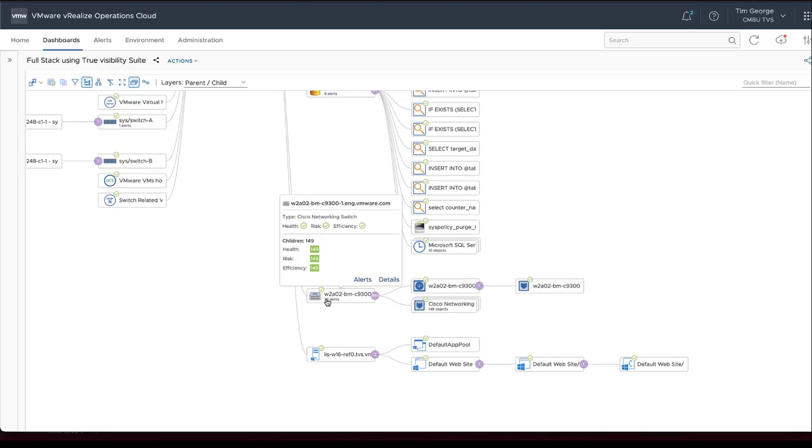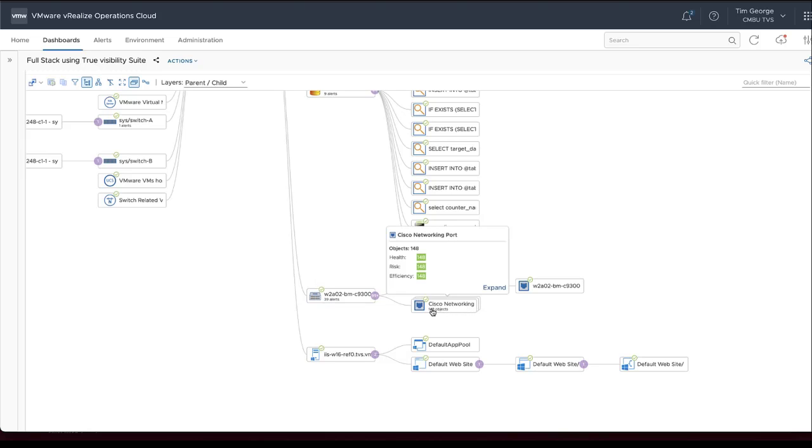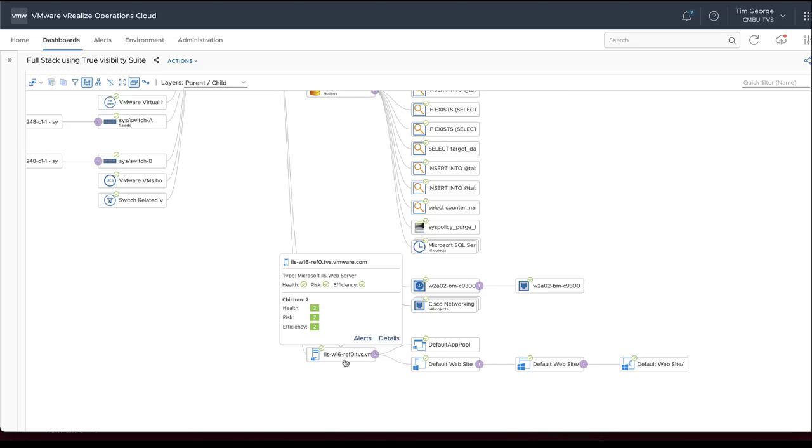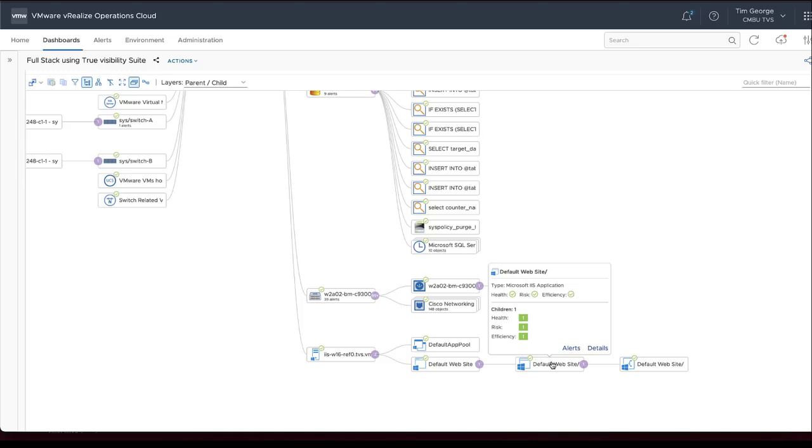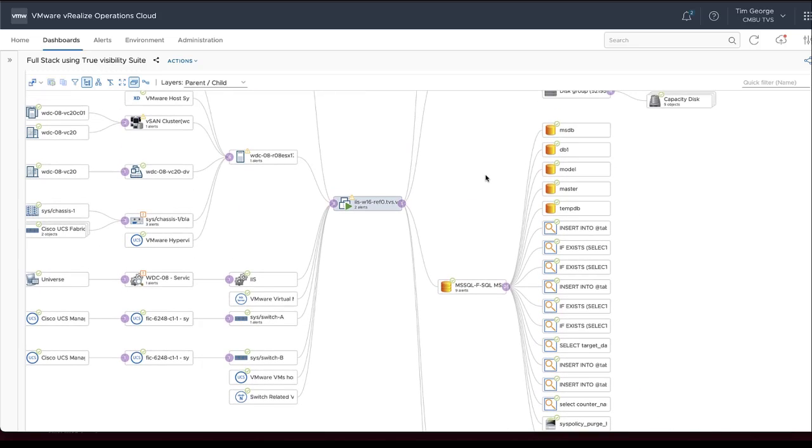We can see our switch. So we've got a Cisco switch here that is running the traffic for our virtual machine. We could look through any of the ports we wanted. We could expand that and look at the 148 different ports that are on this particular switch. And then again, our Microsoft IIS is down here as well, so we can see our sites, our catalogs, our applications coming off of Microsoft IIS. So once we've got some of these management packs installed and configured, we're going to start picking up all of these different objects from these various services that are running with this virtual machine or the host or